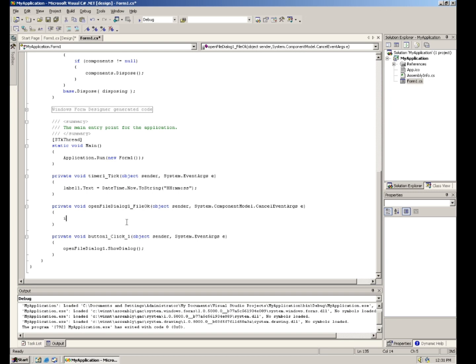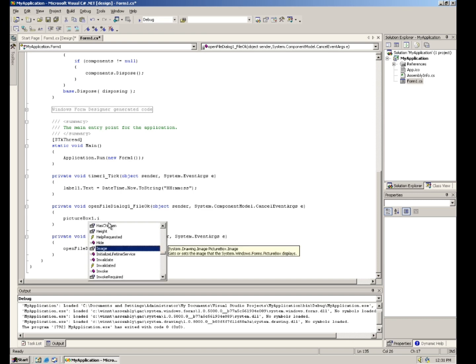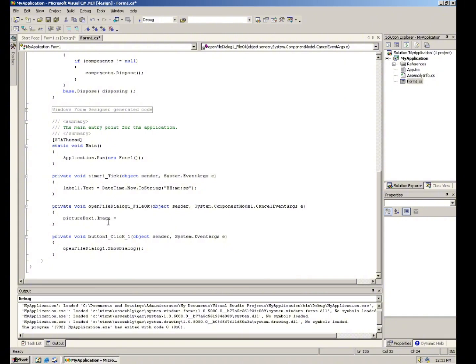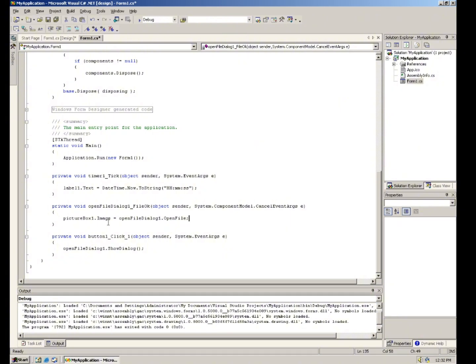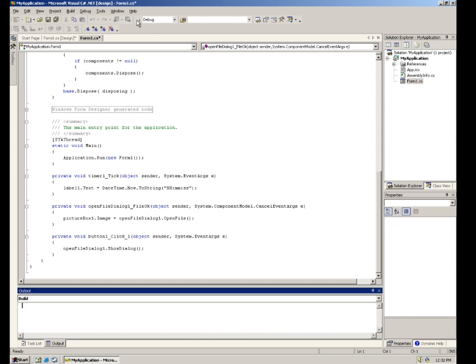And now here we're gonna just write PictureBox1.Image is equal to OpenFileDialog1.OpenFile, and just close the parentheses and close the line. If we run this,